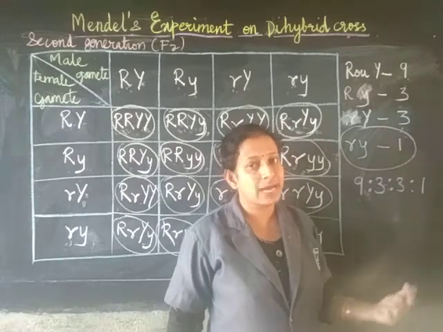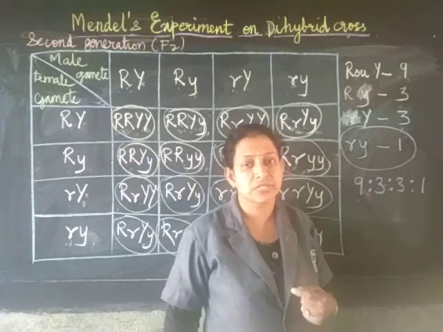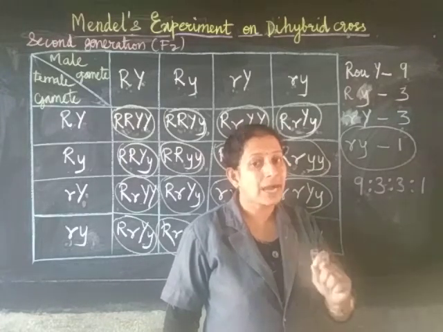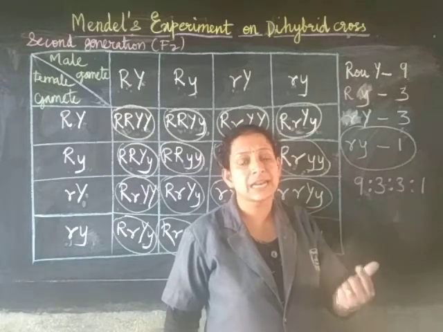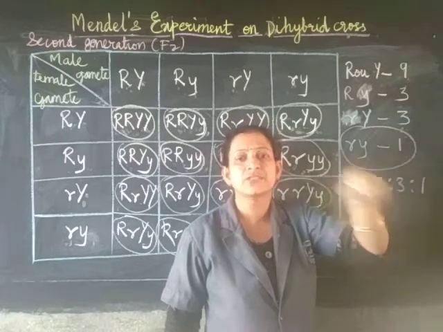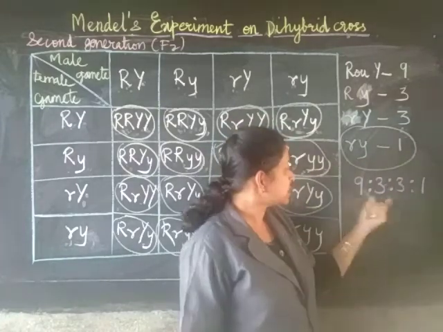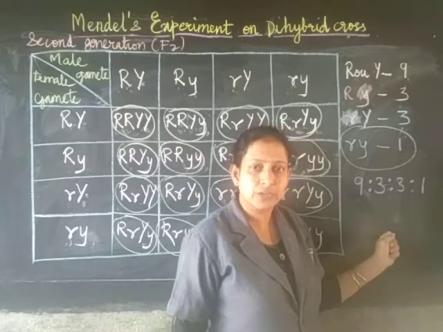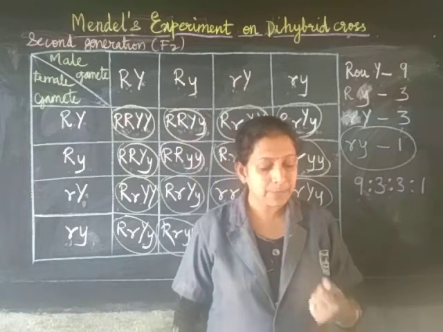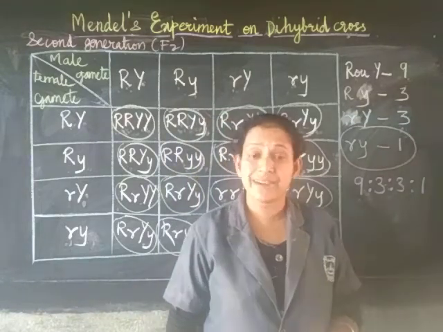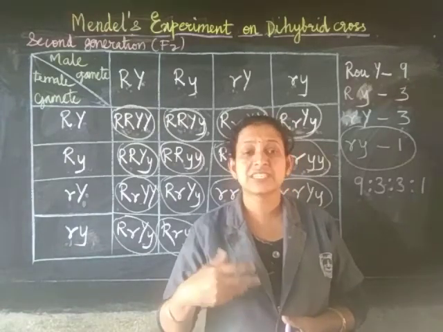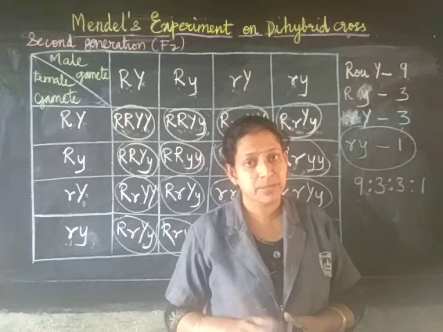In the case of monohybrid cross, you have learned the phenotypic ratio is 3:1. But the genotypic ratio was 1:2:1. So total it comes to 3 plus 1, that is 4. There also 3:1. So 3 plus 1 is equal to 4. So this is phenotypic ratio. You need to find out as a fun activity the genotypic ratio, which is given on page number 187. Though it is not there for you for study, for fun activity purpose you can do that.